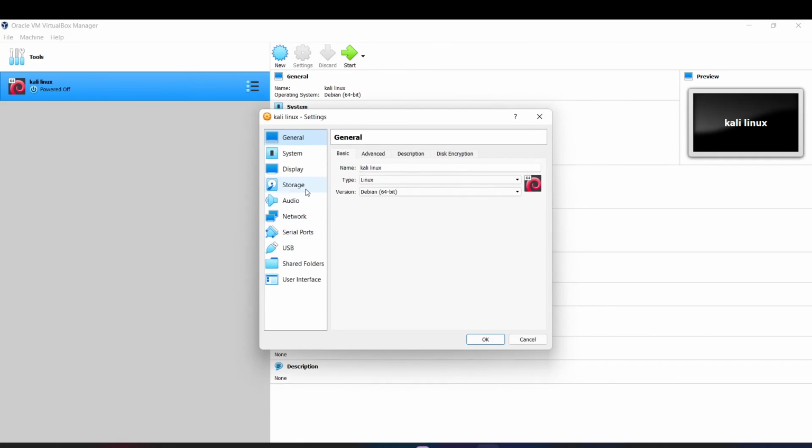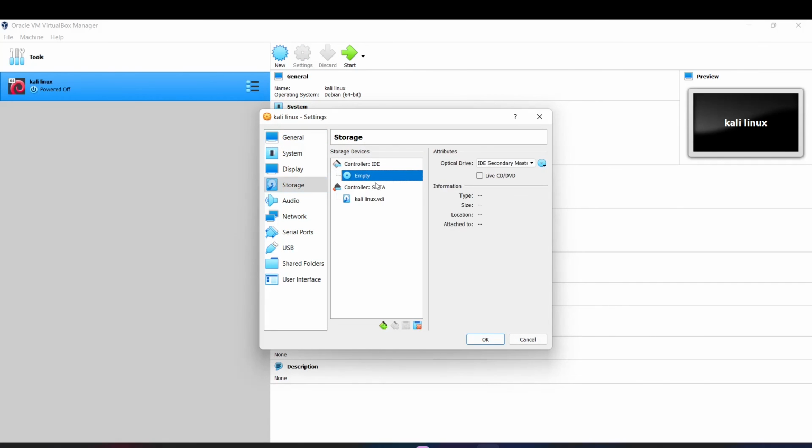When it opens, go into the storage and remove the live disk from here, as we attached a live ISO disk file in the beginning of the video, right? So right now you need to disconnect the ISO file from here: click over here and remove disk from virtual drive. There will be an enabled option, you need to click over here. Because I have already removed it, it is not showing here, as the option is disabled.